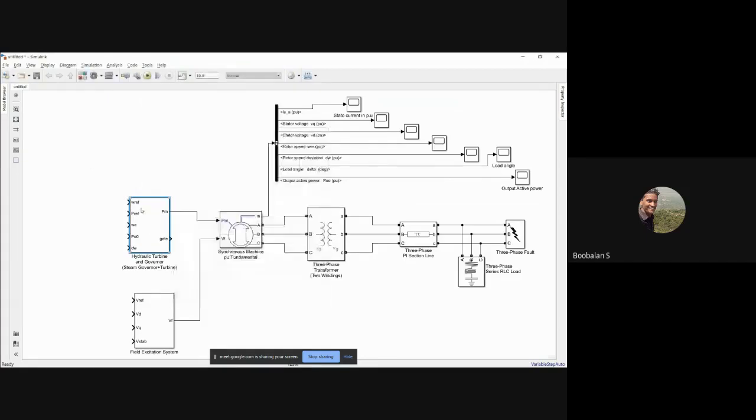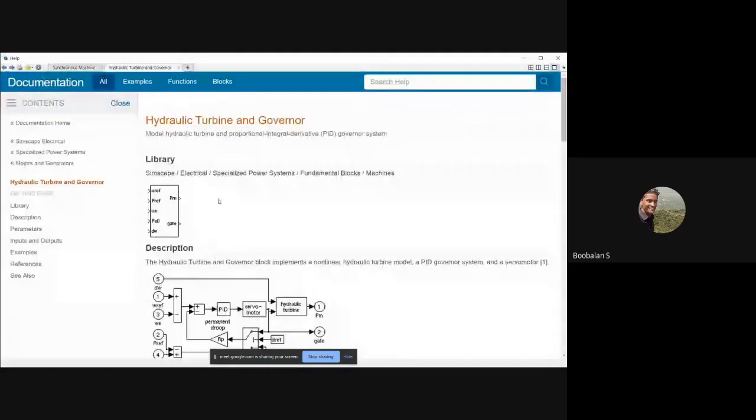So just right click on it and find help, right? It will bring up one more documentation. So this is our subsystem. Inside the subsystem, the hydraulic turbine and governor block will be available. You could see the PID inbuilt controller will be available with the help of the servo motor also.